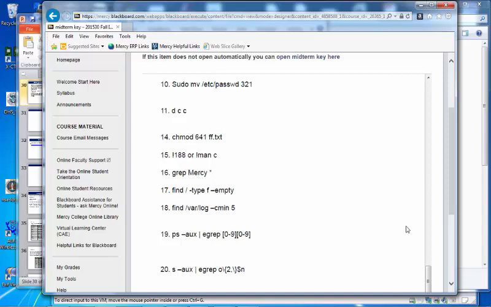I know your weakness is, for example, copy. Basically, copy is cp followed by the source file followed by the destination, right? For the source file, there's one path expression. For the destination, there is another path expression.